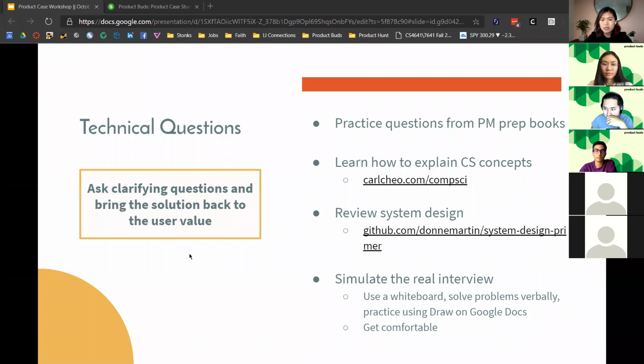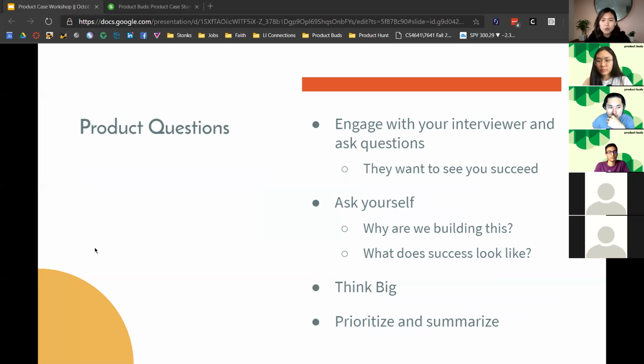when you're going through these interviews, remember that you're interviewing for a PM role. You're not interviewing for a SWE role. You're not interviewing for another role. What they care about is how you are as a PM, right? And to that point, when you're going through these technical questions, ask clarifying questions. And when you're getting answers or you're starting to frame and scope your solutions, bring it back to the user value, because that's how you are valuable as a PM, right? It's understanding what is the clear goal you want when you're going through these questions. And I think if you do that, the interviewers will be very impressed. And then next. Cool. And then moving on,